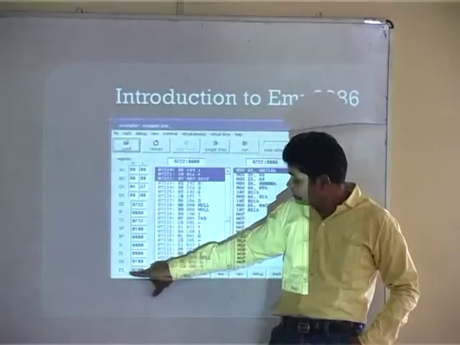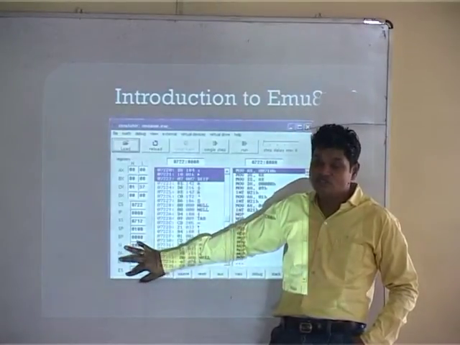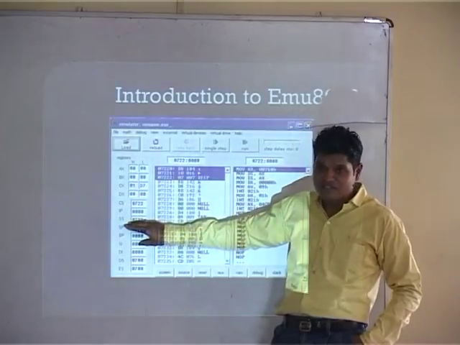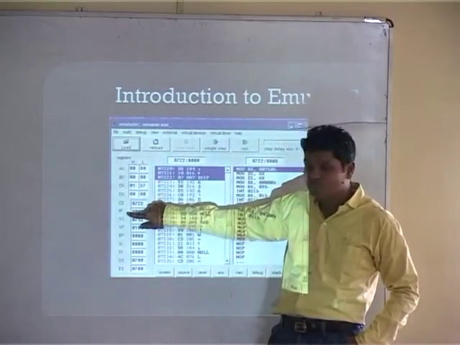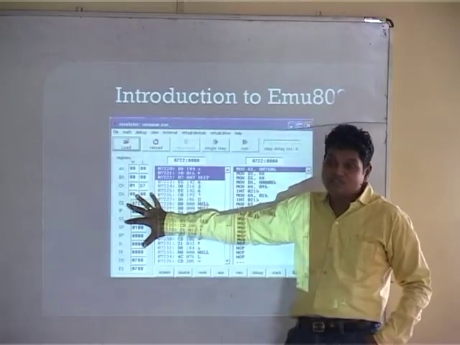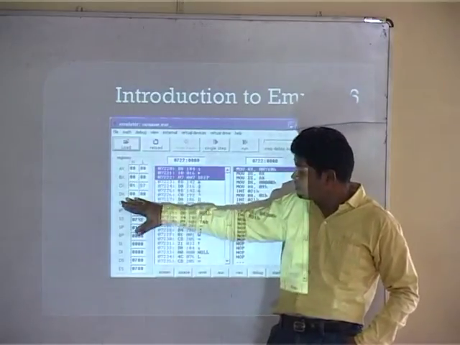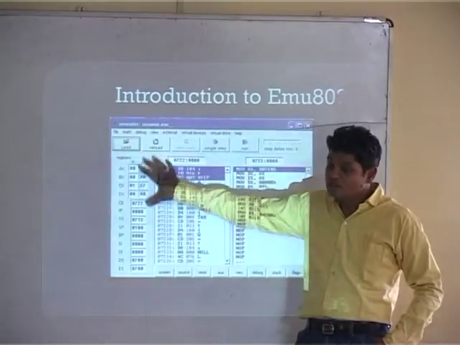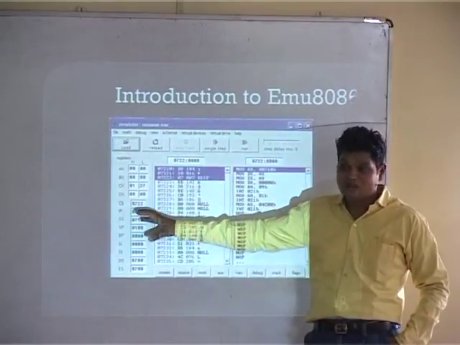Now in this window, you can observe the entire processor architecture, which we have already studied. So what is the DS and ES, which are used for the purpose of data handling. Processor-based registers are here, like CS, IP. So these are the processor-based registers, general purpose and processor-based control registers. These are the registers of the microprocessor.